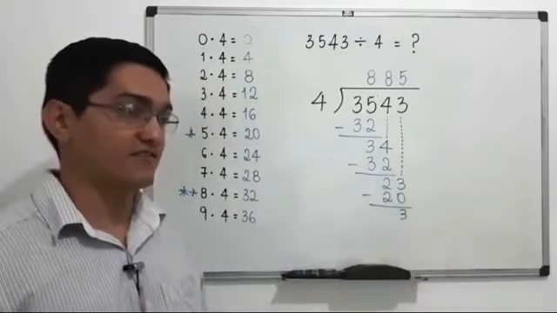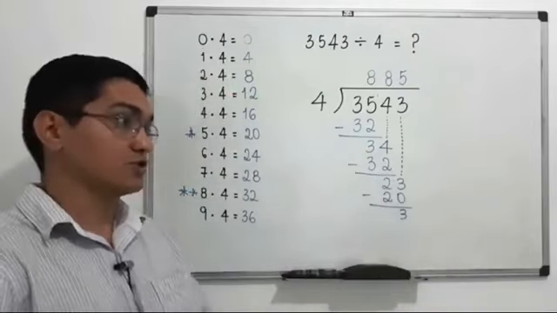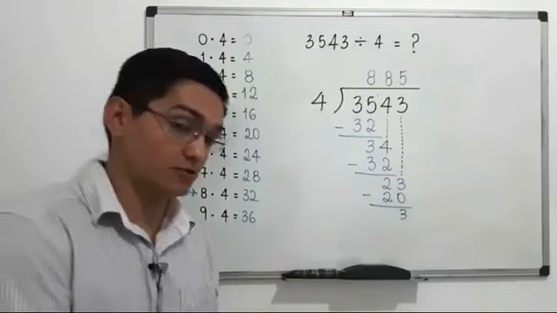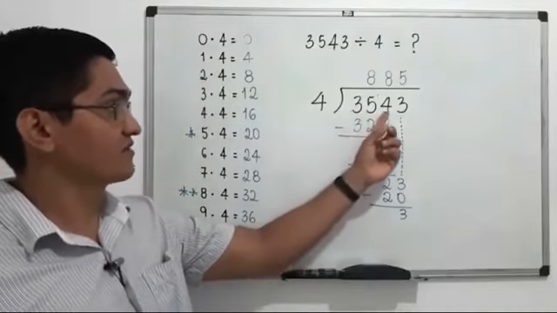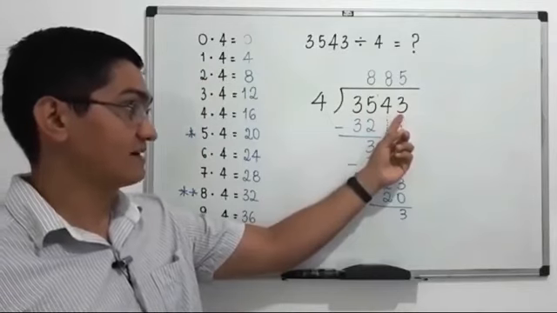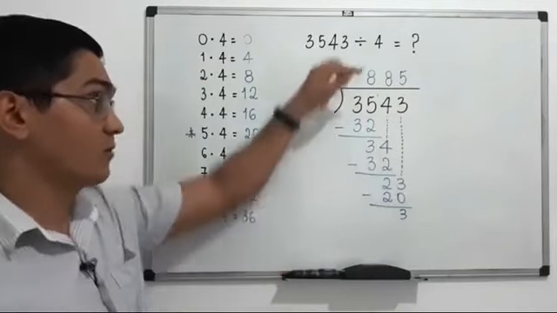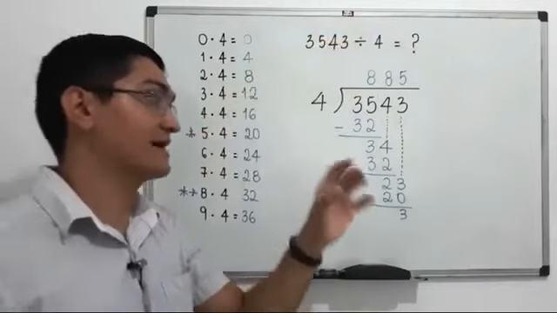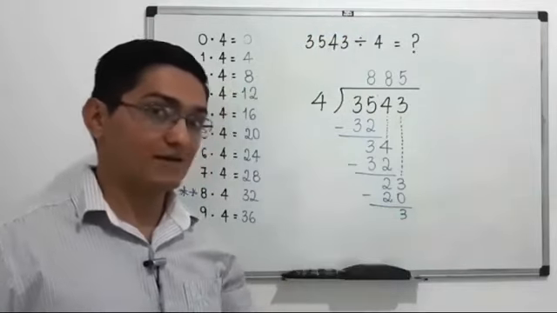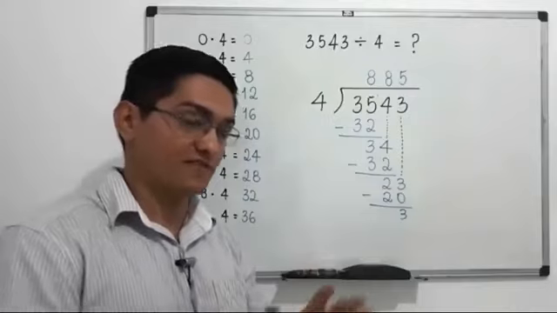If we are dividing and we want to know the remainder and the quotient, we can say that 3,543 divided by 4 equals 885 and the remainder is 3. But if you want to continue with this division,